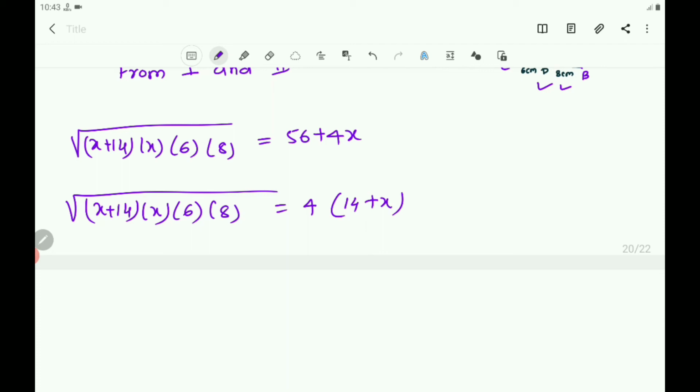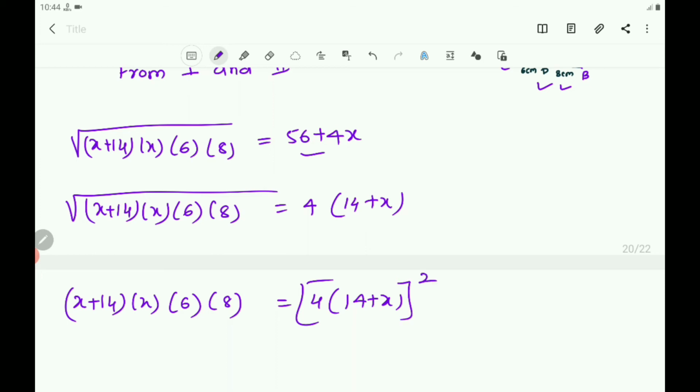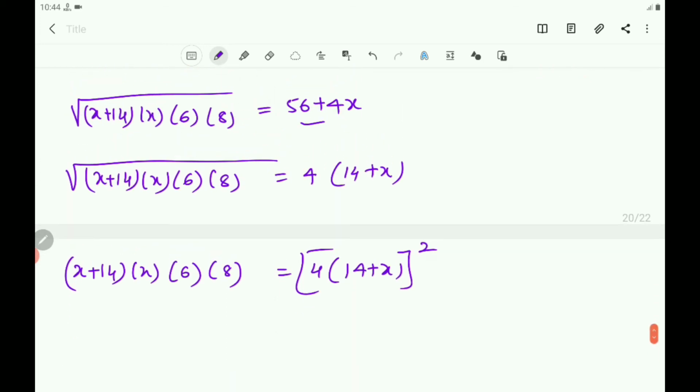Then you take the square, because if you keep 56 plus 4x as it is, it becomes a little bit difficult. So you remove 4 outside, then you will get 4 into 14 plus x. Now it is x plus 14 into x into 6 into 8 equals 4 into 14 plus x whole square. You take the whole square, and you will get 4 square